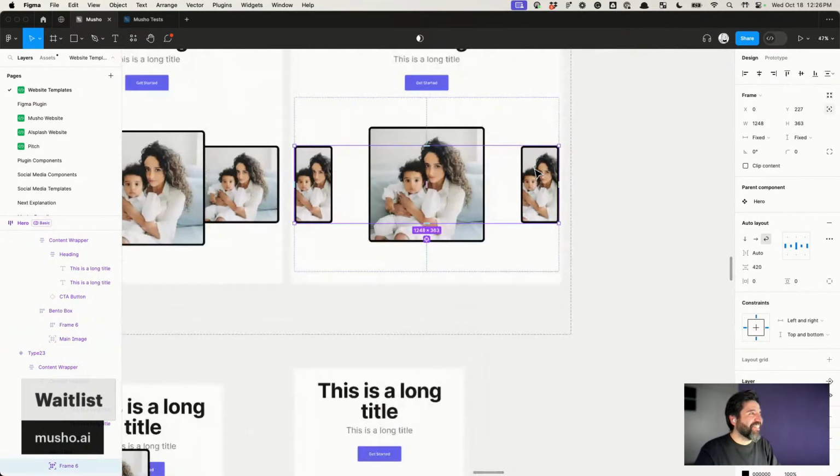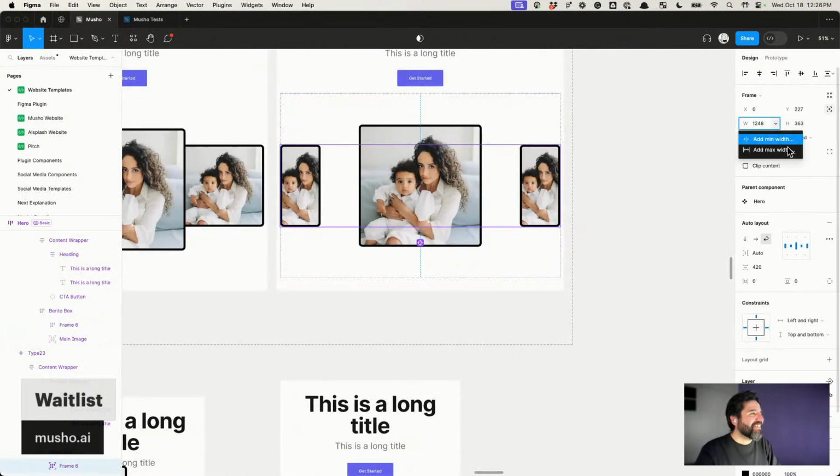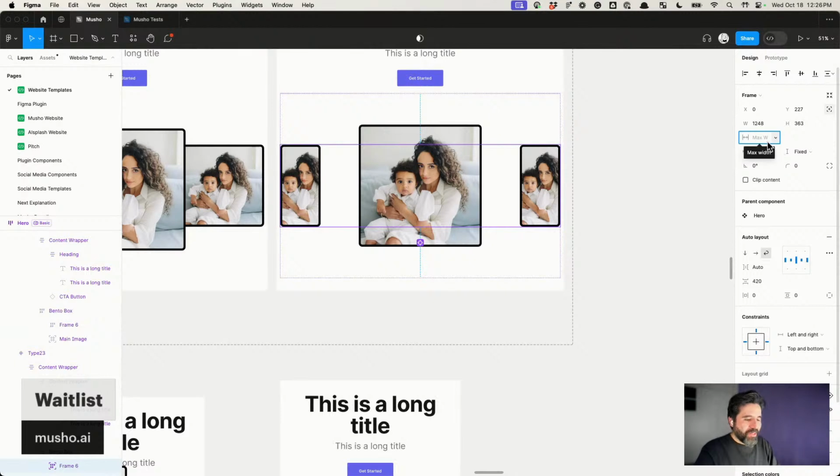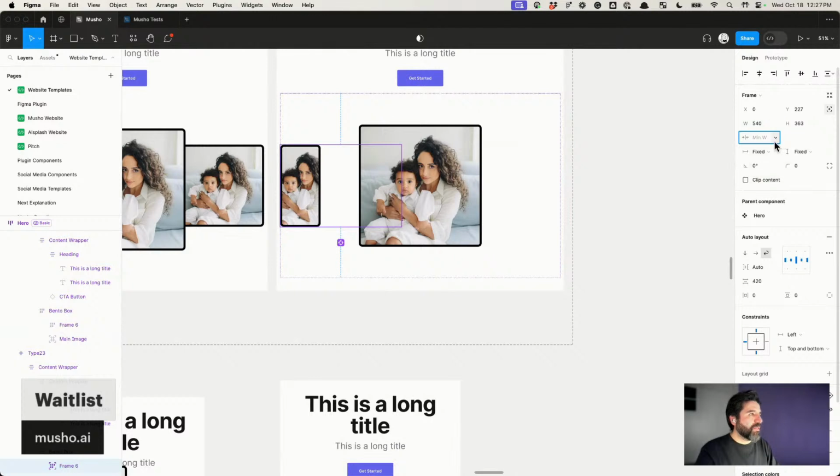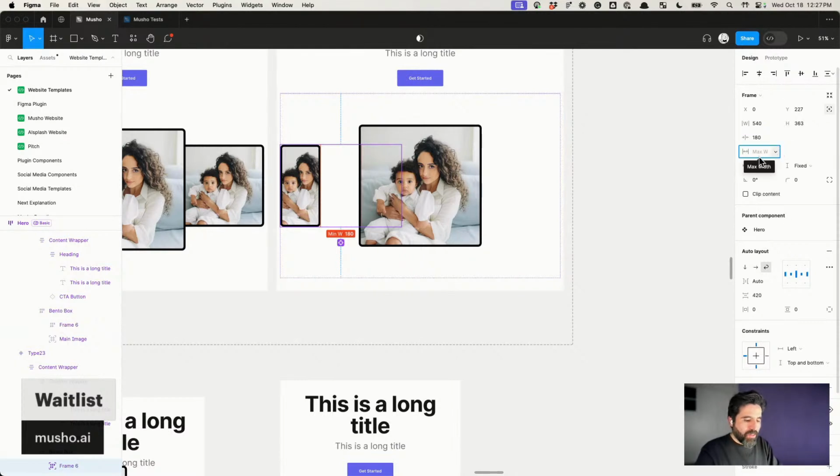No, that's not what I want. No, hold on. Max width should be 640, 540, and remove max width. The min width should be 180. Sorry, I was doing it backwards. And the max width at max width should be